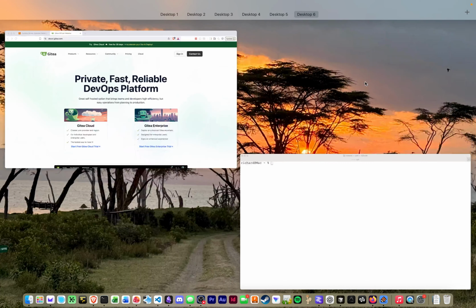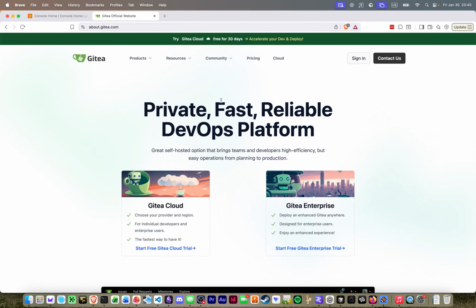GitHub is great, but there are open source alternatives to GitHub. So if you're the kind of person who wants to run his or her own infrastructure, there are alternatives available to you. And in particular, one that we're going to work with is called Gitea. If you go to the website,